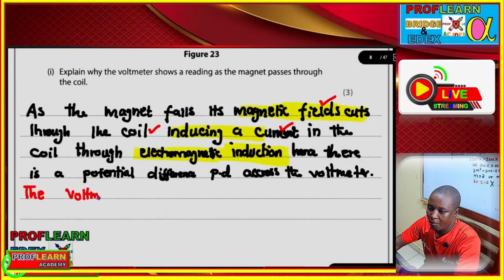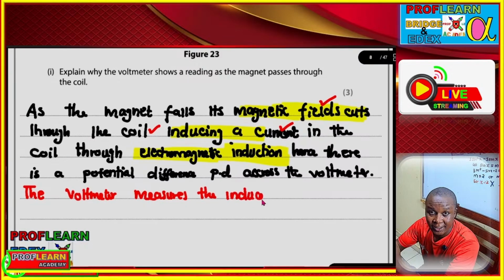All right, so as the magnet falls through the magnetic fields, the magnetic fields cut through the coil, inducing an EMF and a current in the coil through electromagnetic induction. Hence, there is a potential difference across the voltmeter, and the voltmeter measures that potential difference, and that's why